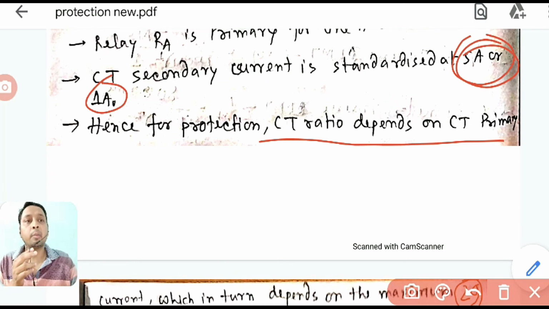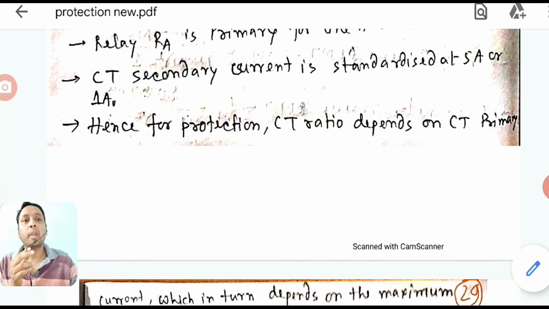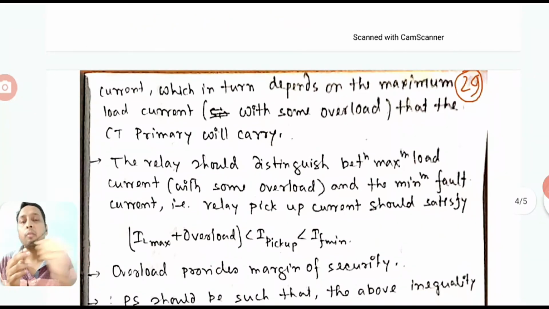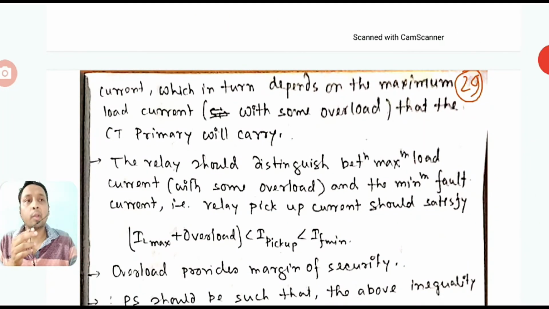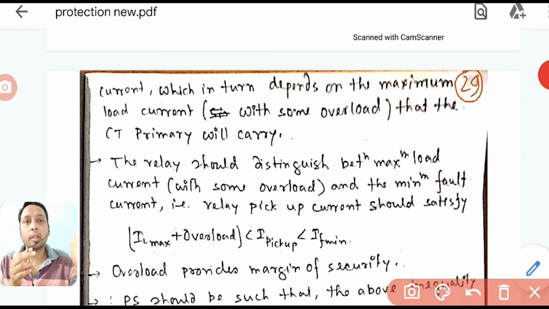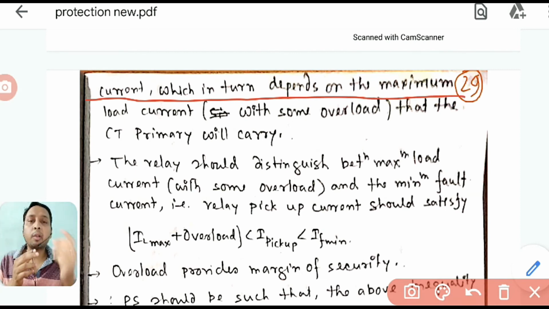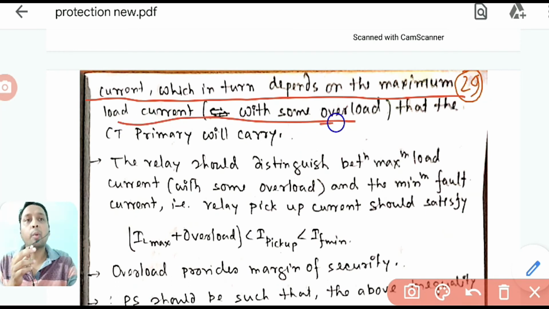Primary current is variable. So we need to know what the primary current flowing through it is, so that we can calculate what the CT ratio should be for this problem. Now it depends on the primary current, which in turn depends on the maximum load current that flows through it. With some overload, obviously, we will allow that the CT should carry.